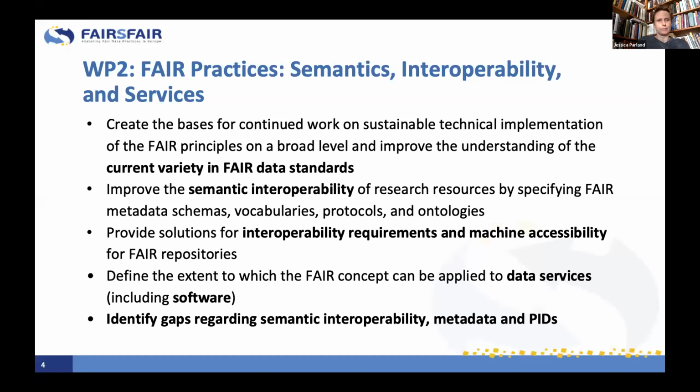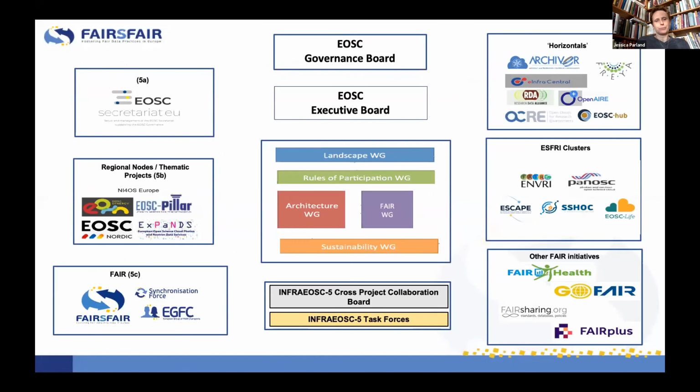Also, they have produced several extra papers, materials and outputs that are really interesting, which you can find on Zenodo. So in short, the EOSC landscape is vast, huge and complex, and there are a lot of interesting things going on. And FAIRsFAIR is trying to facilitate cooperation and communication between all the EOSC work packages and all the other projects within EOSC, and also other FAIR projects.